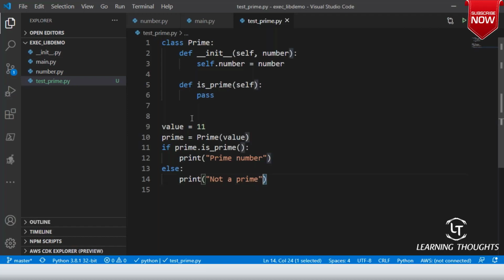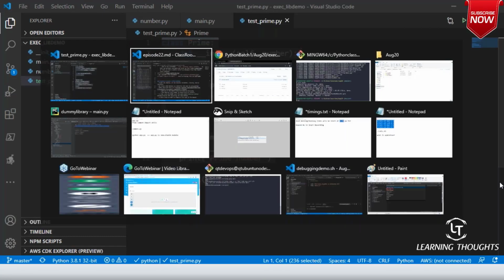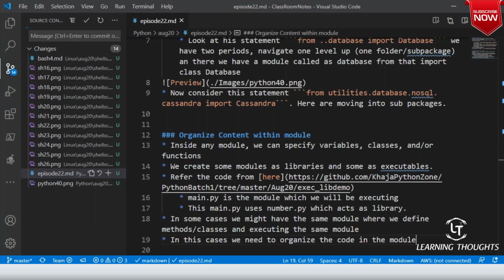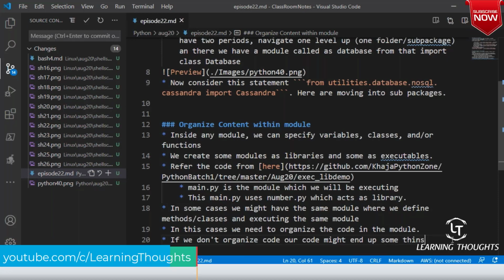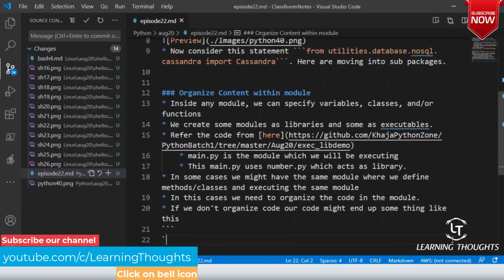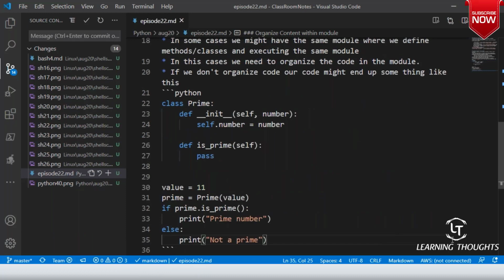If we don't organize code, our code might end up something like this. Am I clear on this?